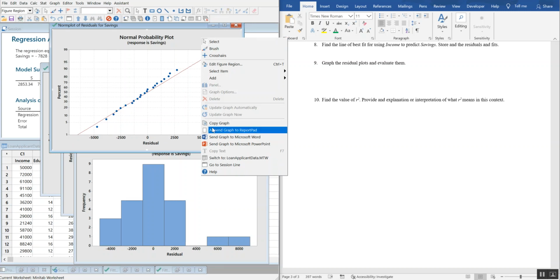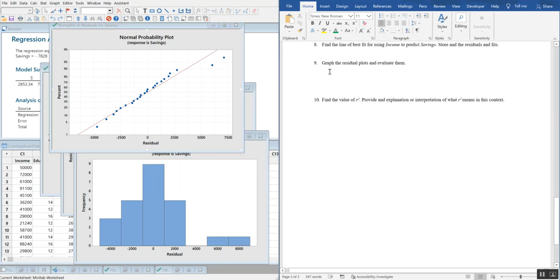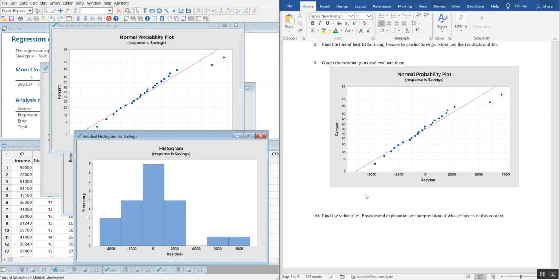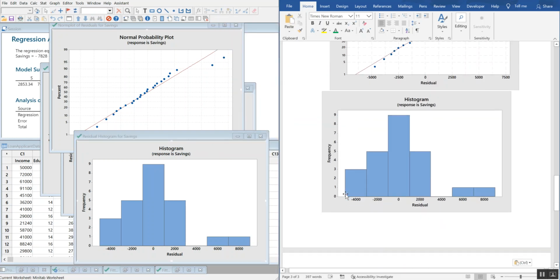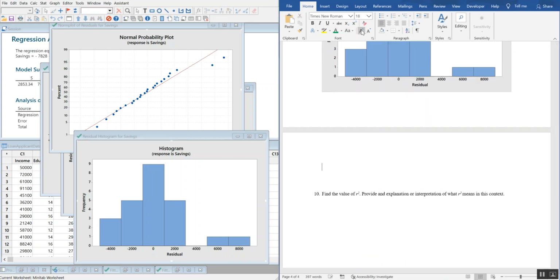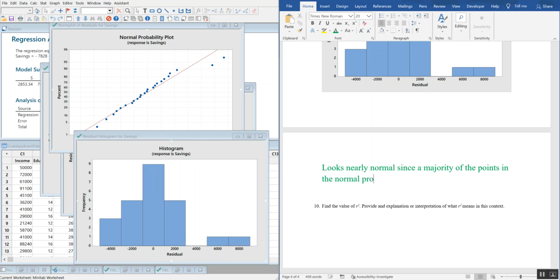Let's copy this graph over. And copy the histogram over. So these graphs both tell me the same thing. It looks nearly normal. Let's write this big enough so you guys can see it easily. Looks nearly normal since a majority of the points in the normal probability plot are close to the line,